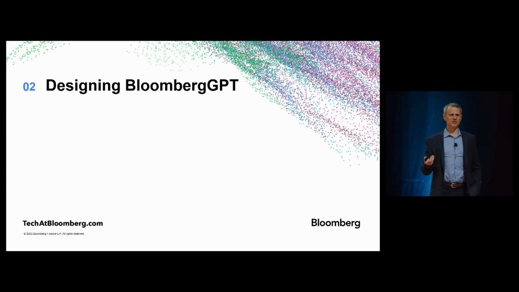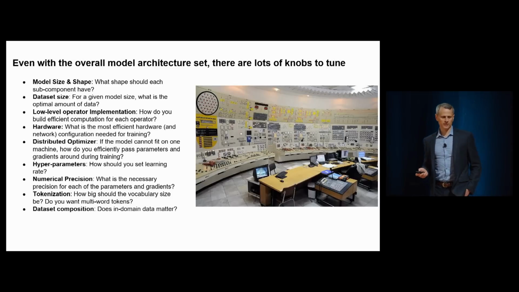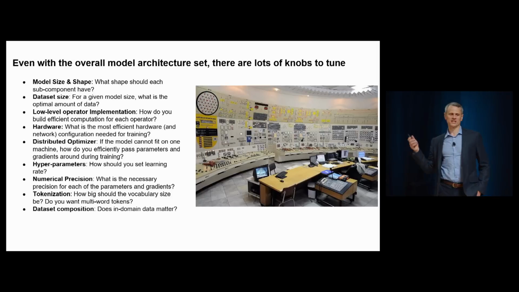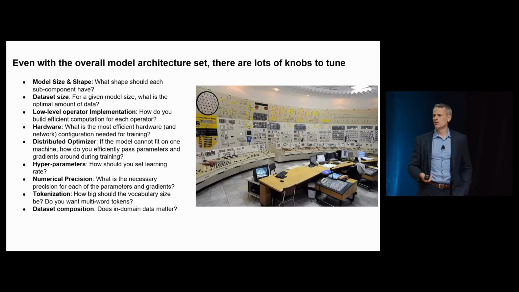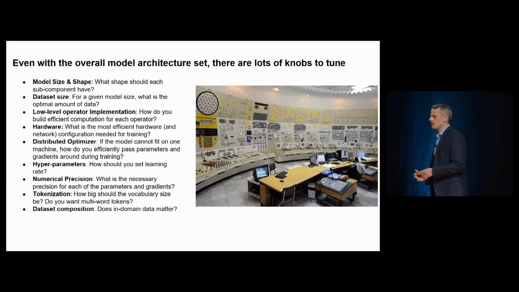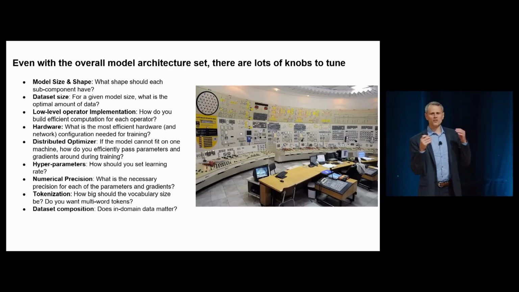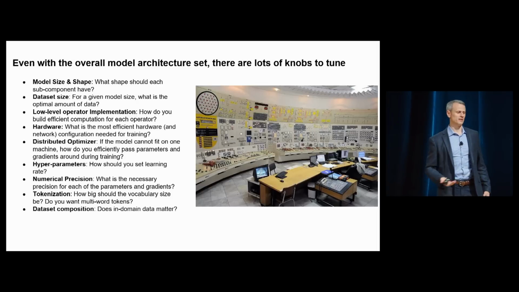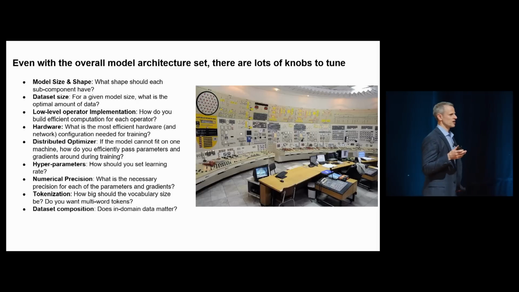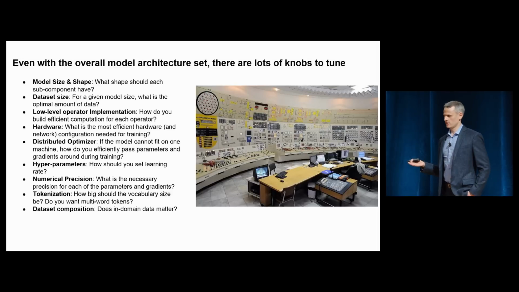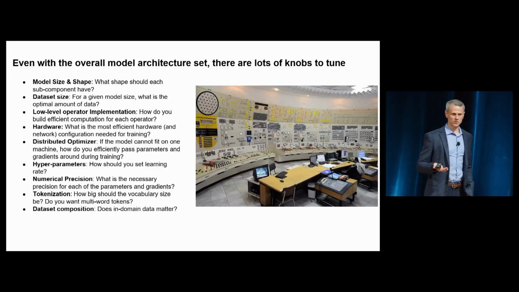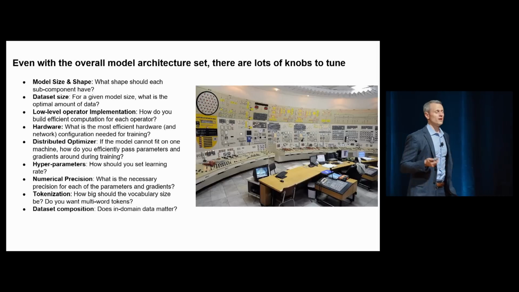each one of those sections is going to have a lot of decisions to be made. Just briefly, I list some of the many, many things. These are already many of the even more things one needs to decide when building out their model. There's how big is it? What's the shape of it? How big is your data set? What are the low-level implementations of the pieces of your model that you're going to use for efficiency and effectiveness? There's questions of your hardware stack, not just the compute itself, but certainly the network interconnects and the data storage. All these things are very important to the eventual effectiveness of your training job.